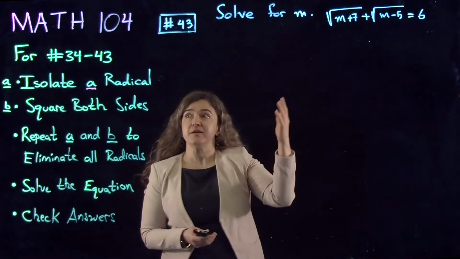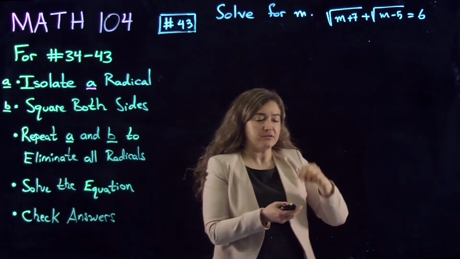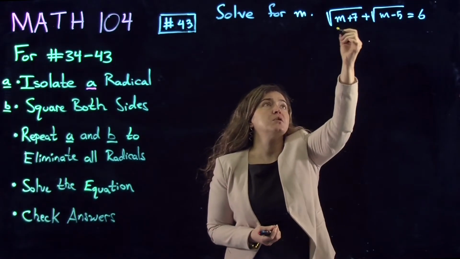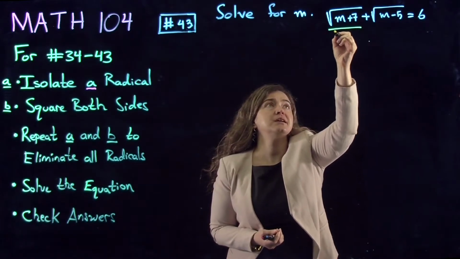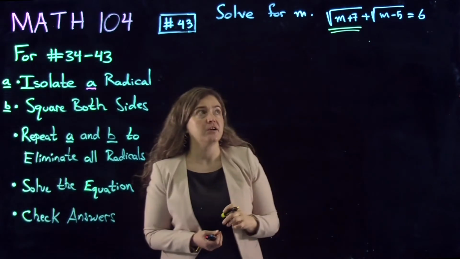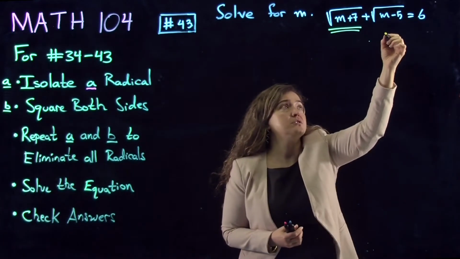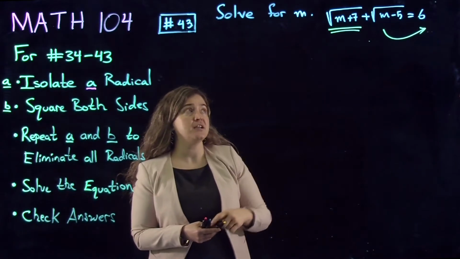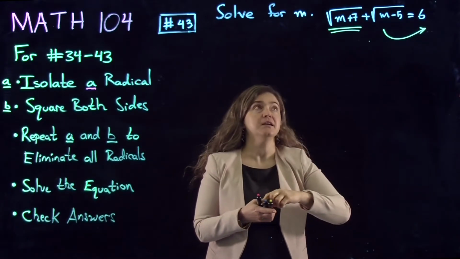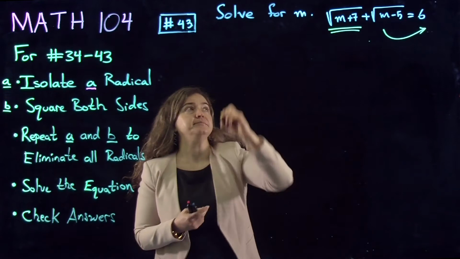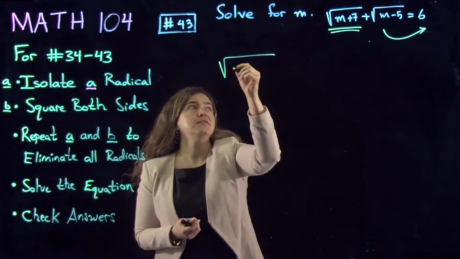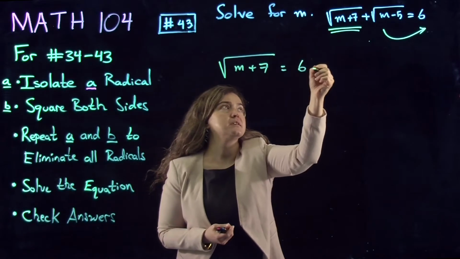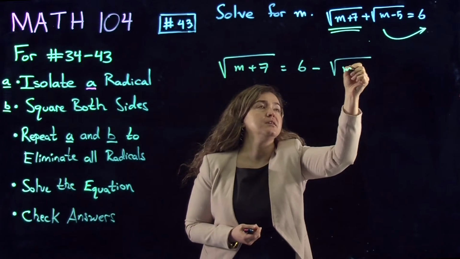And the first step is isolate a radical, and to isolate a radical here, I'm going to pick the first one here, and subtract the other one from both sides to take it to the other side. And that would give me square root of m plus 7 is equal to 6 minus square root of m